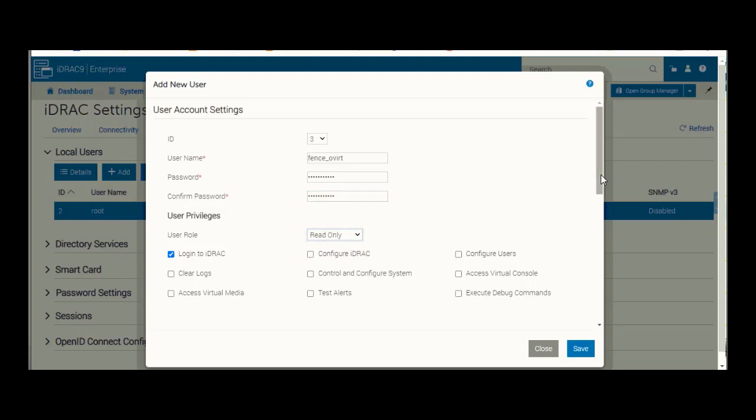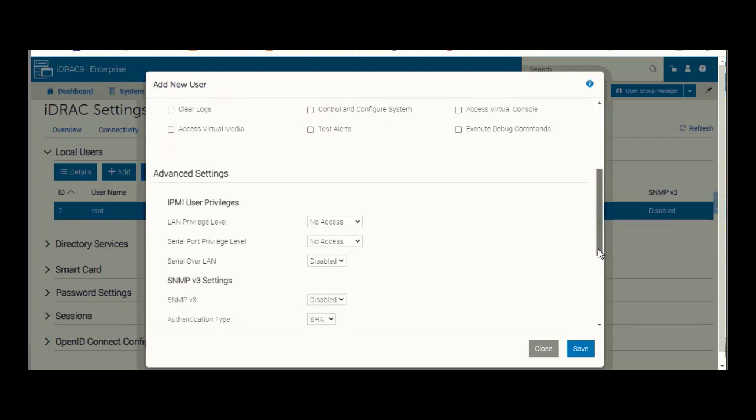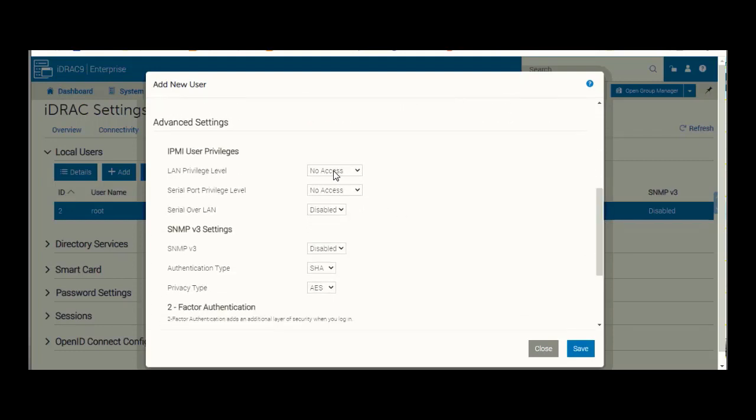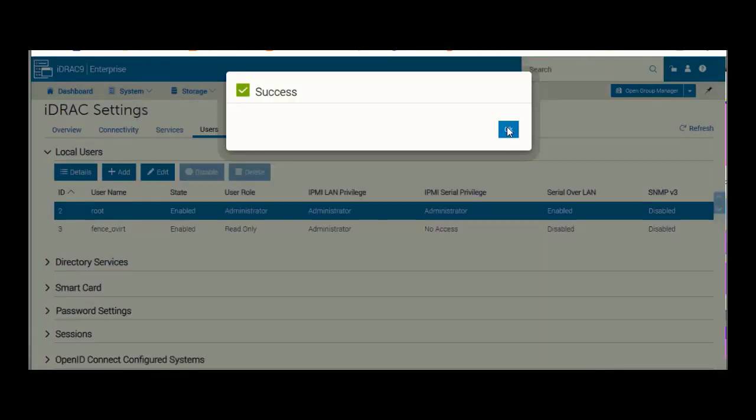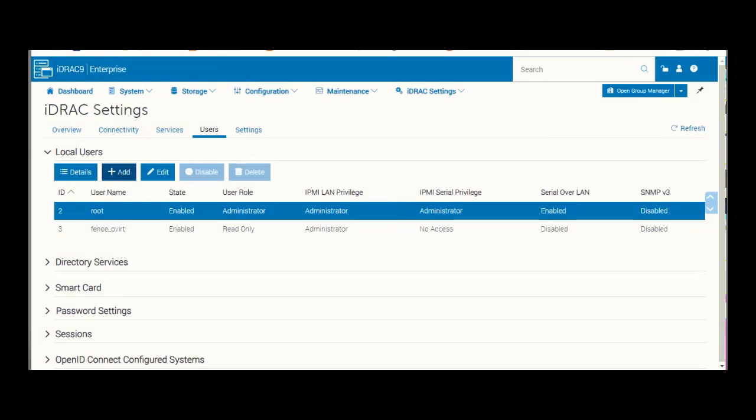By default, login to iDRAC will be selected. Go to IPMI user privilege and select Administrator. Click on the Save button. So we have successfully configured the IPMI settings in iDRAC Enterprise.